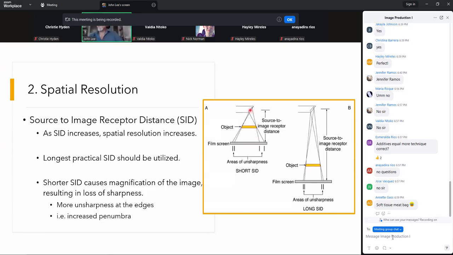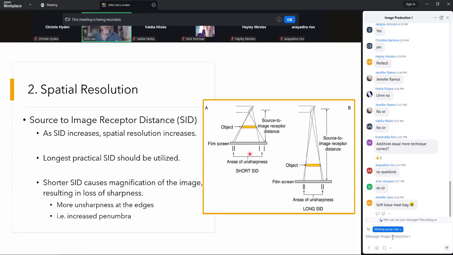And because of that short distance, we have to have more beam divergence to get out to the edge of that object. Remember, if we don't get to the edge, we don't see the whole object. So by increasing the SID, we get more of a vertical beam divergence and subsequently less penumbra than we do with the short SID. Okay, now